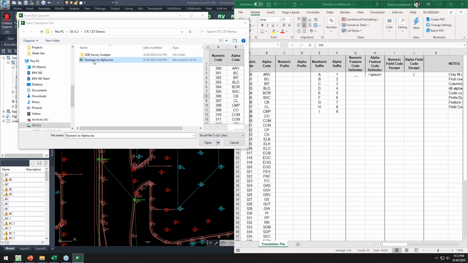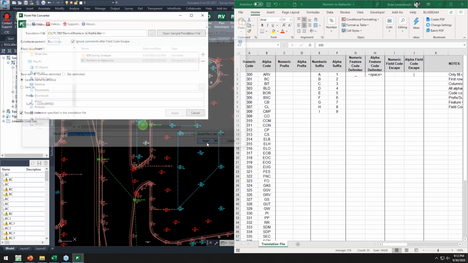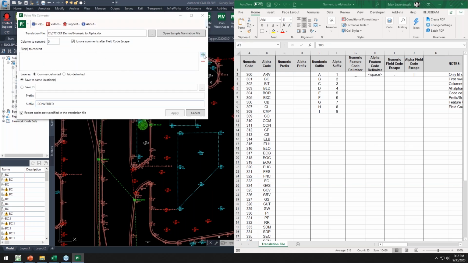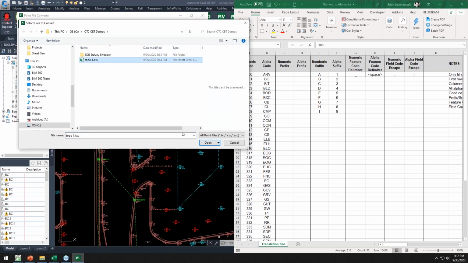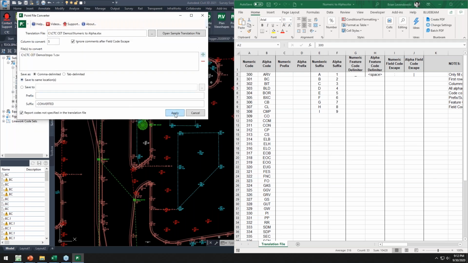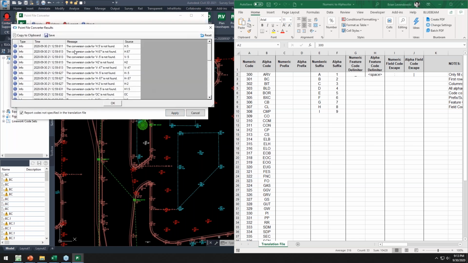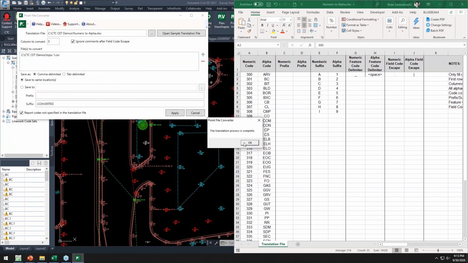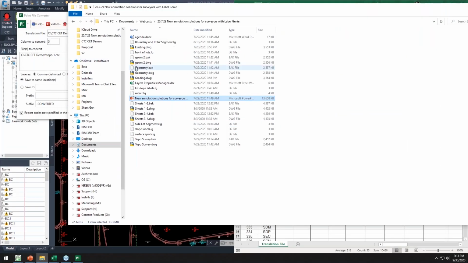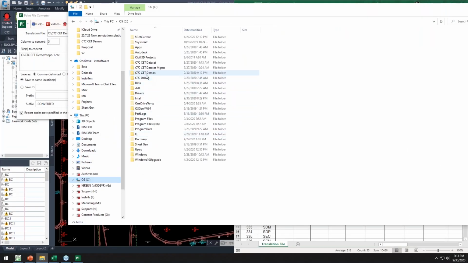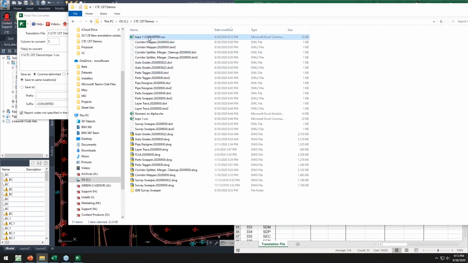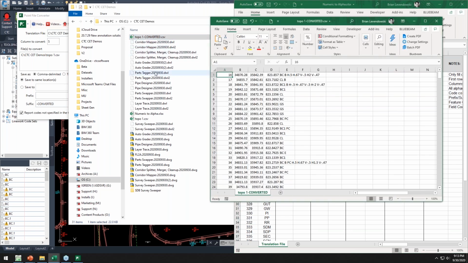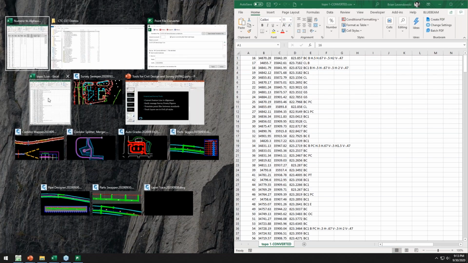And this happens to be translating from a numeric to alpha standard, but it could be any standard. Then I browse to any number of point files I have. Then I can simply apply this. Okay, it's going to give me any kind of error messaging or reports on the results. But of course, if I look in File Explorer here, here's that newly converted point file. And if I open this up side by side with the previous one, we'll get an idea what Point File